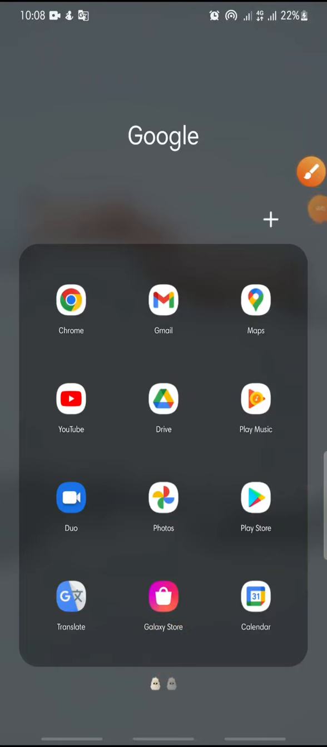In this video, I'm going to show you how to set up working hours in Google Calendar. Now let's get started. First, open your Google Calendar app